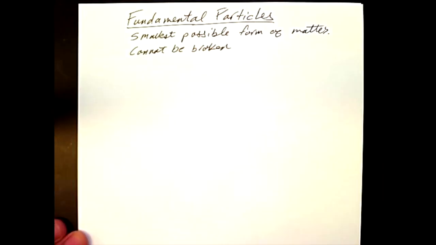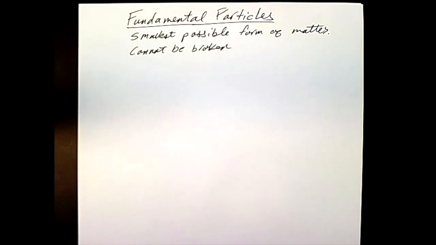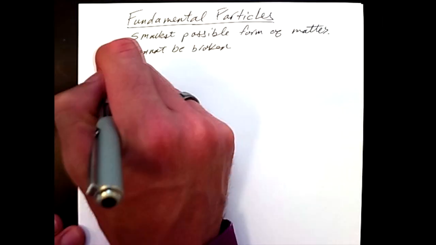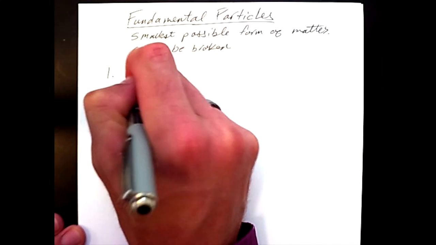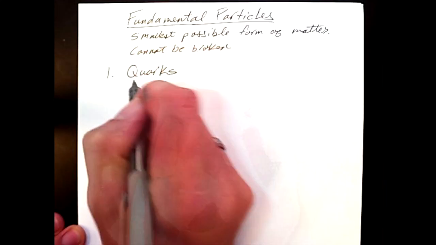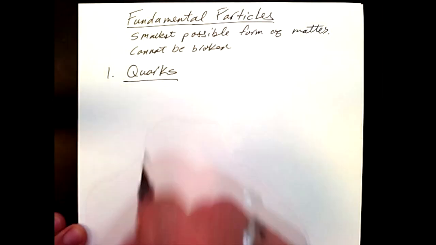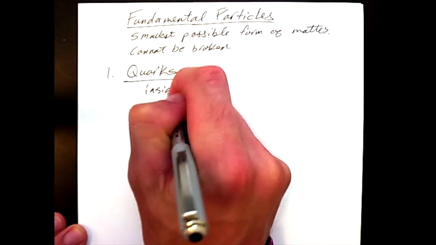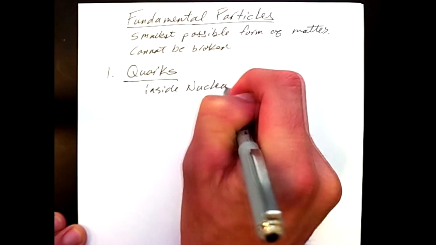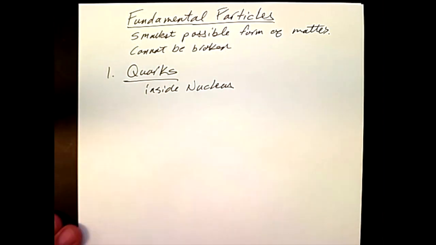And so if we go back to the atom, an atom is actually broken into a nucleus and electrons. And then the nucleus is broken into protons and neutrons. And within that system, we break those things down into three categories of fundamental particles. The first of which is called quarks. Quarks are particles, fundamental particles, found inside the nucleus. As such, quarks are the particles that determine the characteristics of the nuclear particles,